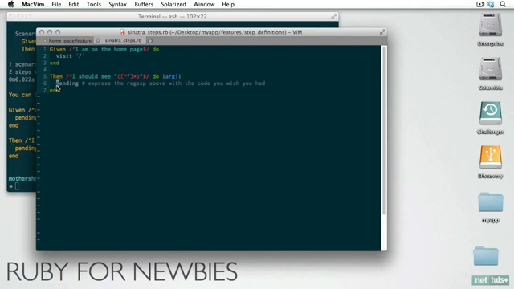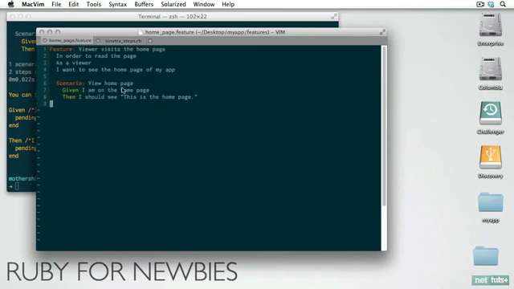So then we have "I should see", and notice we have this kind of regular expression here. It knows that in quotes we have this text. We don't have to have a regular expression that exactly matches the text on every line like we do here in given. Just because it's a regular expression, we can have variables like that. So this gets passed as an argument, and we can actually change that to text. And then in here, we're going to say,